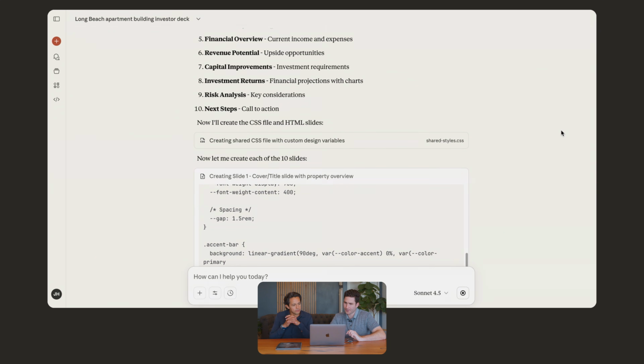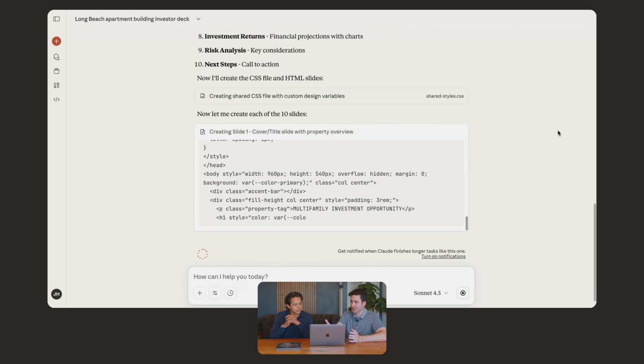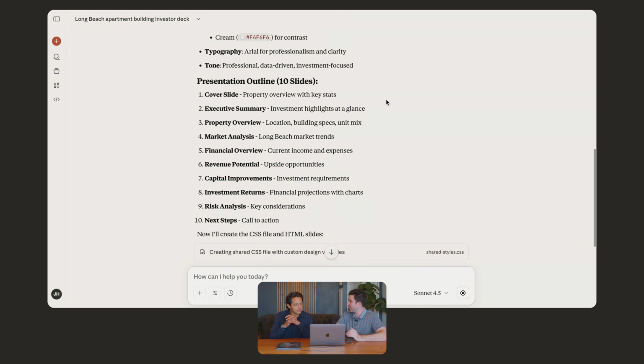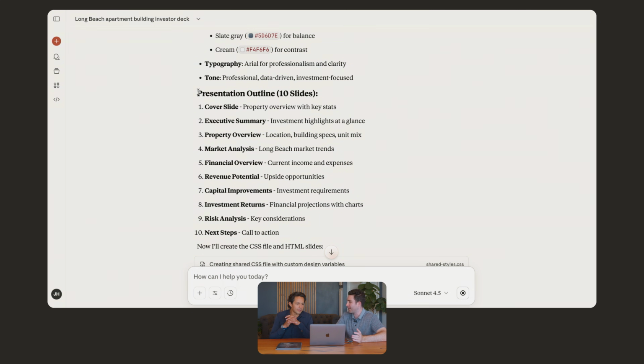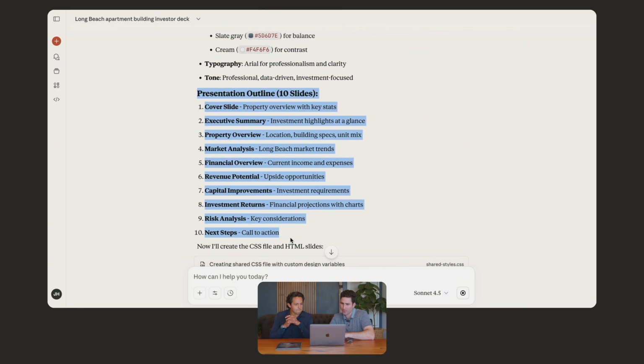So what we're going to do, it's funny, Claude actually has capabilities of creating decks too. So instead of giving me the structure, it's now creating the deck for me. All right. But we don't want that. So instead what we want to do is, let's just take this outline. Let's keep it very simple.